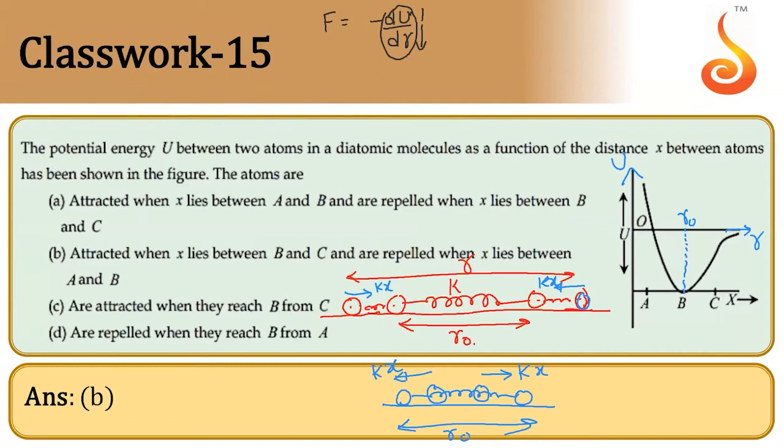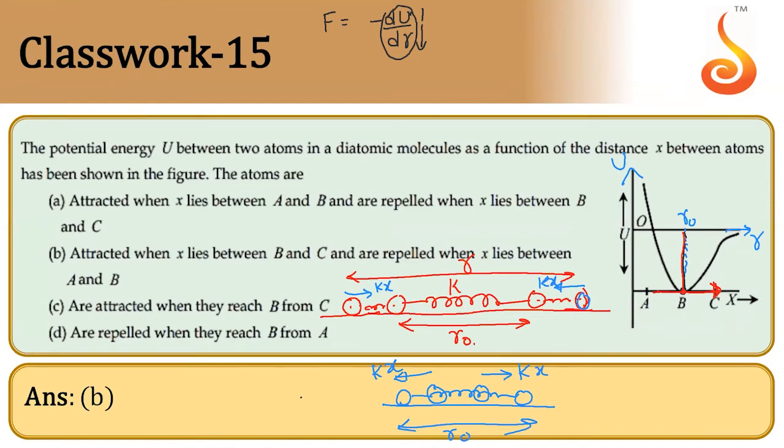Now, what is this graph? First, you understand what that graph is. The graph is the relation between potential energy of two atoms and interatomic separation. Now, see children, R naught is the mean interatomic distance. So when the separation between two atoms is R naught, we draw a tangent here. What is the slope of this tangent?